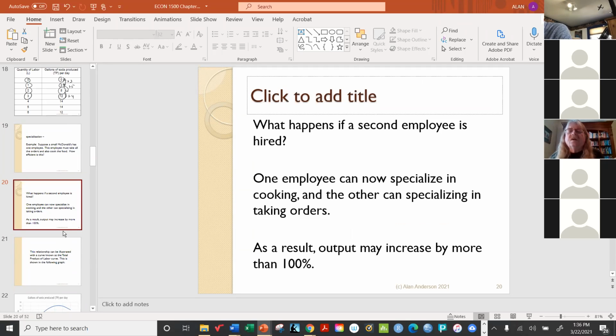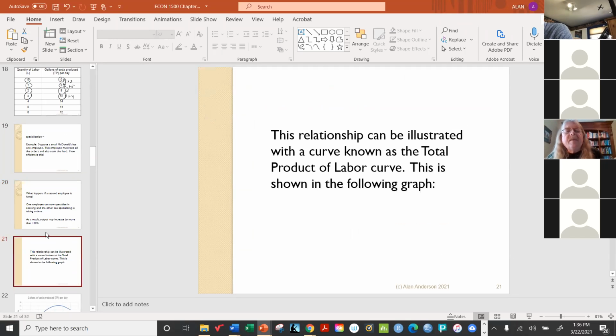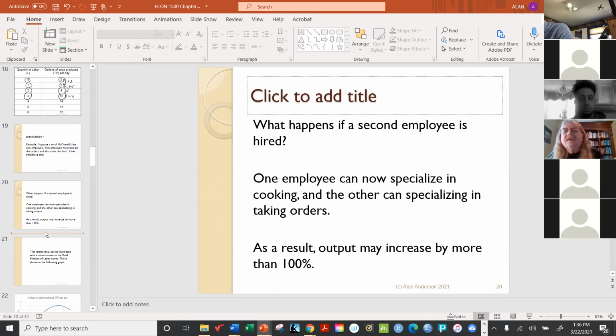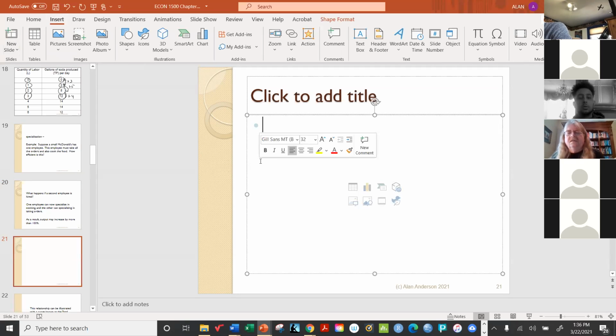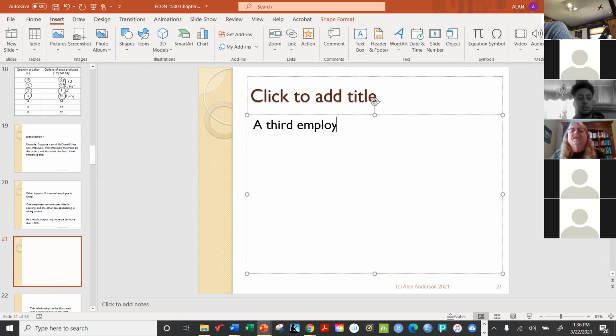But now what's going to start happening is, remember, it's a small McDonald's. They've got one cash register. They've got one fryer. They've got one thing to cook hamburgers on. So if there's a second employee, they both are sharing the same equipment. I mean, a third employee, sorry. A third employee will not increase output as much as the second employee